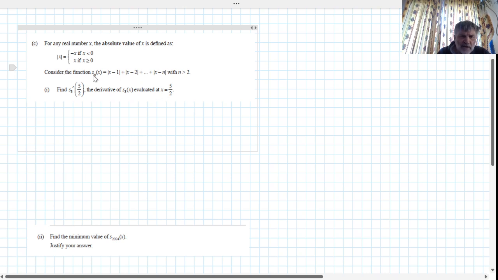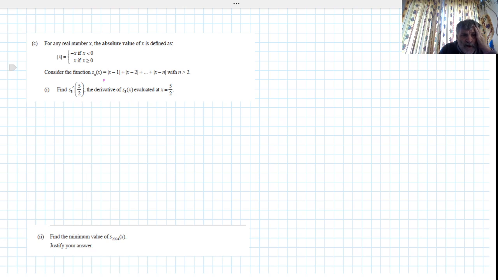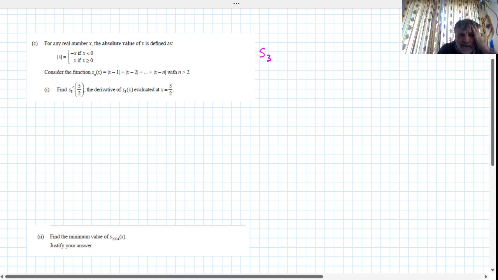And it says consider the function s sub n of x, which is the absolute value of x take away 1 added to the absolute value of x take away 2 and continued adding all the way up to x take away n, with n bigger than 2. And then it says find the derivative of s sub 3 at the point 5 over 2. I think it's going to be helpful for us to write out what this function is. So if we write out what s sub 3 is, s sub 3 evaluated at x,